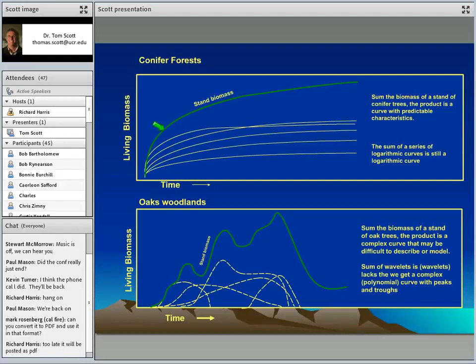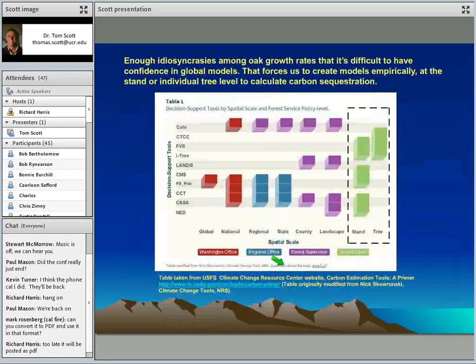And I'm not saying that when you have this stand biomass curve that it doesn't have a little wobble to it, but this is a logarithmic curve with a wobble. This is a wobble that might have places that are occasionally straight. So you have to take more of a local approach to looking at this, or you have to go out and empirically collect a large amount of data and then build the model up from the tree and stand level. And that's really important when we start to talk about using things like COAL and FVS for our estimation of carbon in oak woodlands.